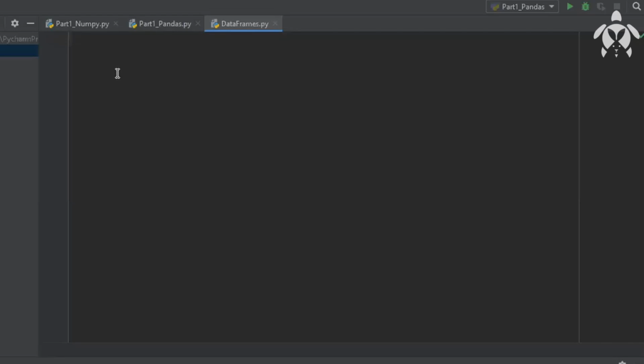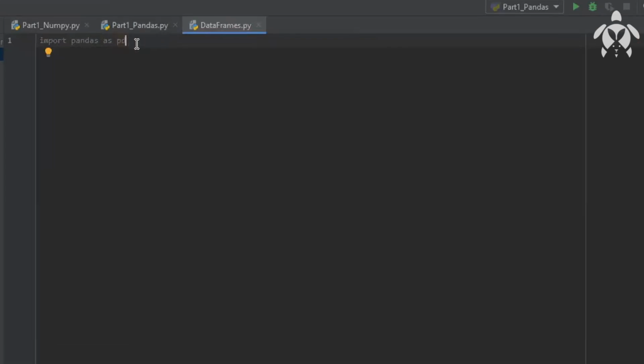So we'll see how to create a data frame using a dictionary and then we'll go further. So here you import pandas as pd. I'm importing this because I have a habit of writing pd in front of data frame and series. It's up to you how you write.